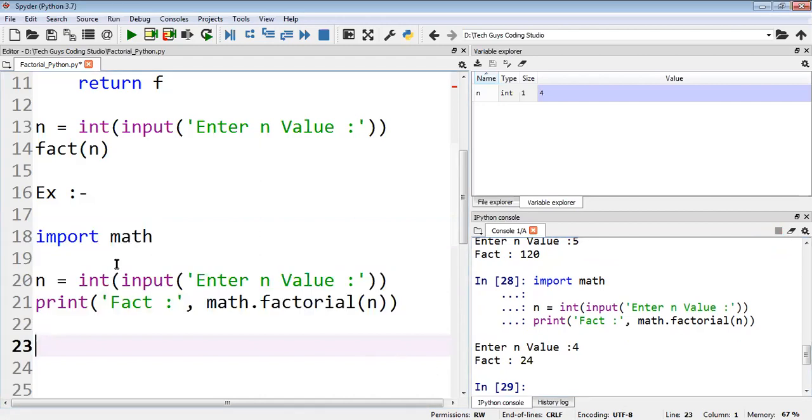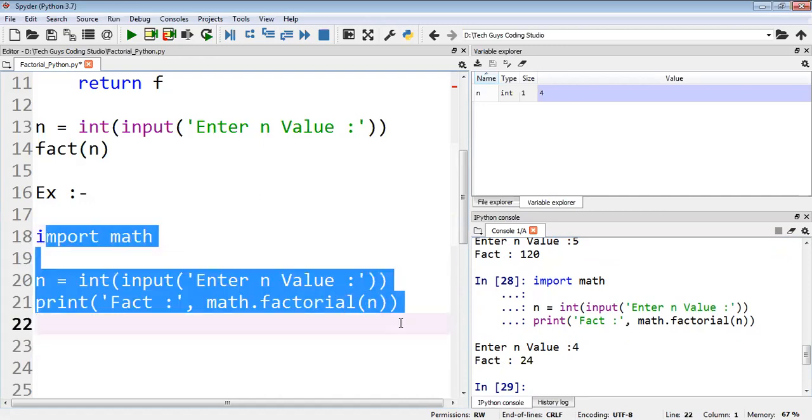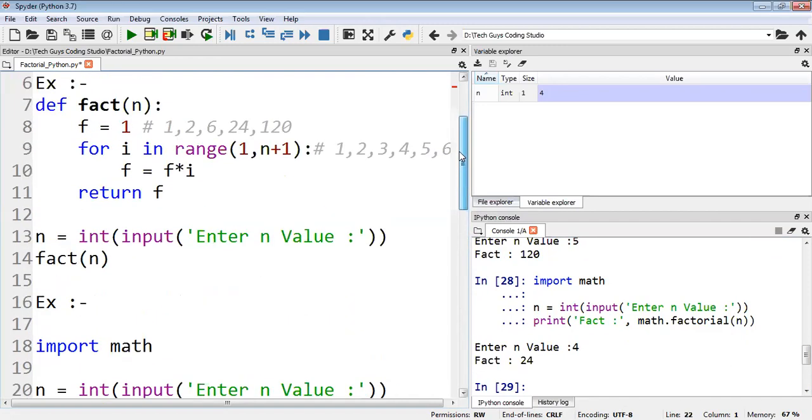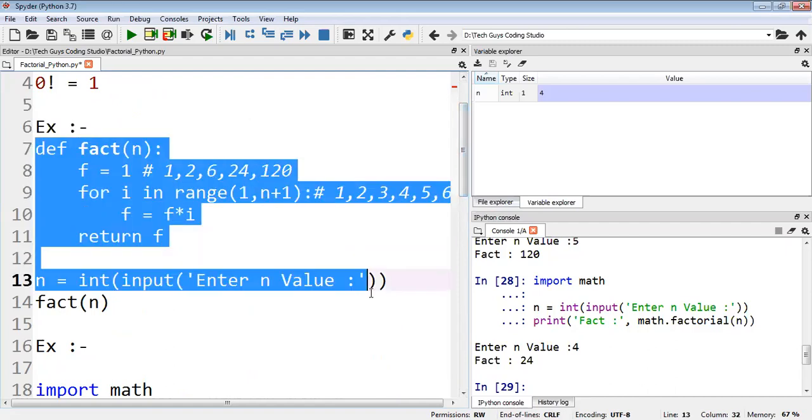And I would like to say one more thing. This is an easy way you can do it, but in an interview sometimes they will ask you, please don't use the inbuilt method, please don't use an import like the math module, and directly create your own method and write the factorial of a particular number. That time we can use the earlier method. It's a very easy and simple way we have discussed here. Like this you can use your factorials for any numbers. And if you want to know how to create functions, you can go and watch that video also.